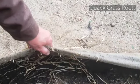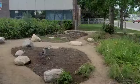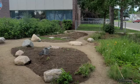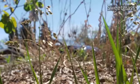And so this year we dug out these two beds that were all quackgrass. We dug out all the quackgrass by hand. In the middle, that's not quackgrass, that's sweetgrass. And so this was going to be all native grasses, and then we looked up and we're just like, oh, well, if that's all native grasses right there, then we're going to have to be raking the grass every year